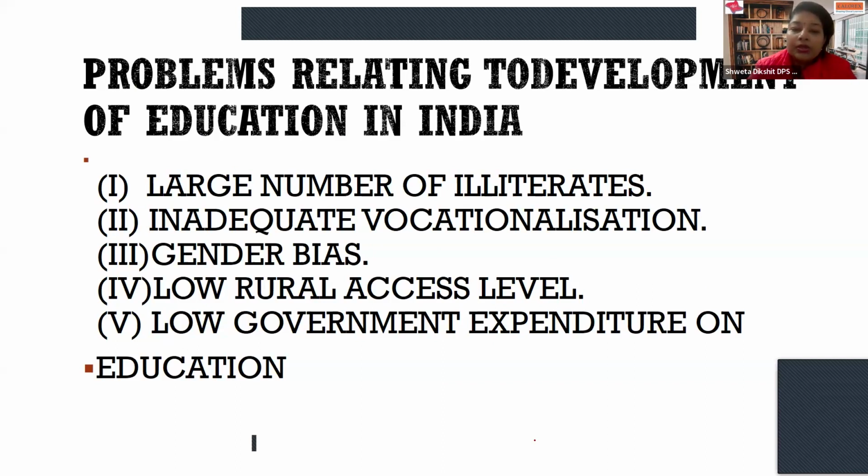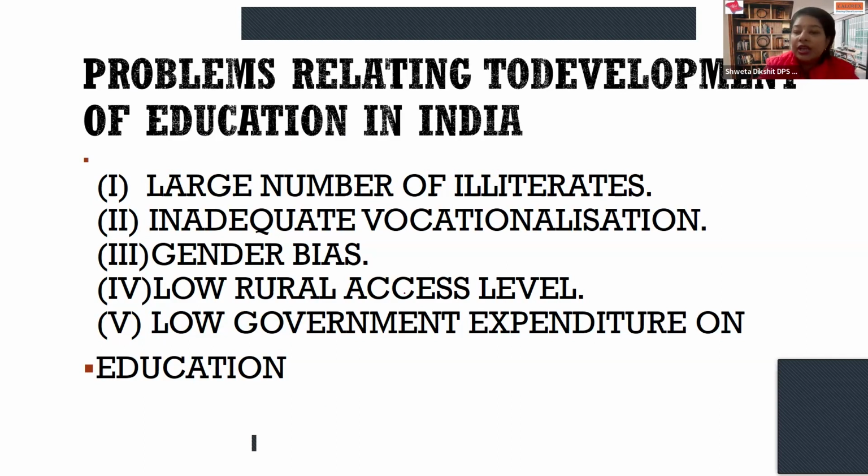We just learned about the uses of education in human life. Even then, there are so many challenges related to education. The literacy rate in India is still not as bright as it should have been. So, what are the reasons or problems relating to the development of education in India? The first is the low literacy rate in India. Whereas other countries have more than 95% literacy rate, India has not still touched 70%.